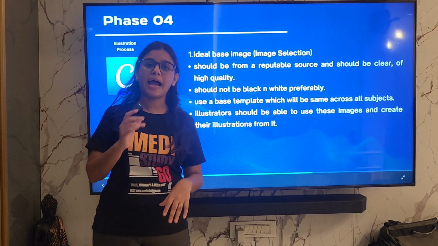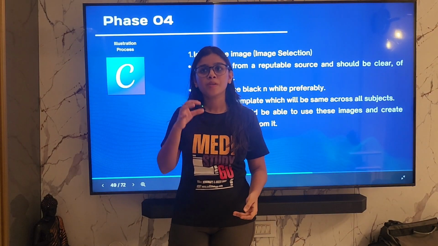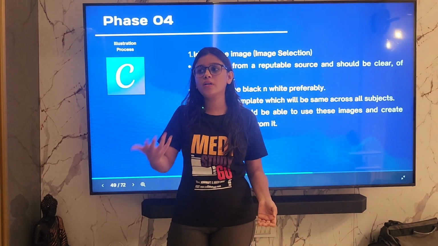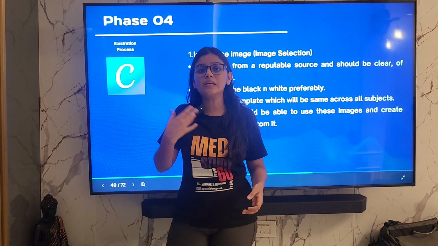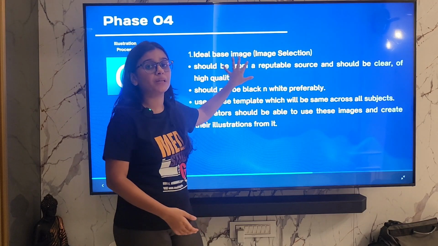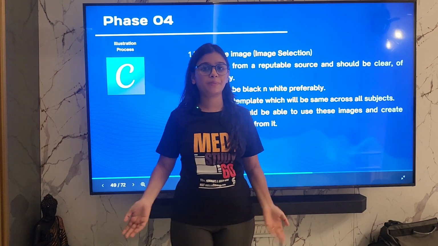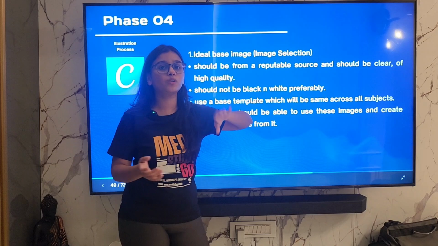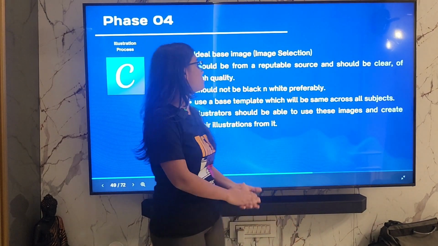So the first thing is ideal base image selection. Now why I say that this is a very important process is because you need to have a good reference if you want a good product at the end, right? So you need to give your illustrator a great reference. Although they are themselves either dentists or MBBS graduates, they still need to know what you are thinking about, and you will only be able to express that if you can give a great base image, right? Now if your base image itself is a very dirty image which is not explaining anything, you will get back a dirty image, which is why I say give your time to this base image, because then you will not have to give multiple corrections to your illustrator. It will definitely save a lot of your time.